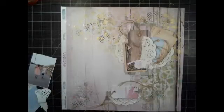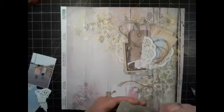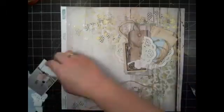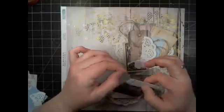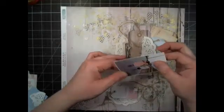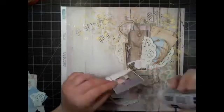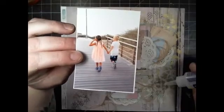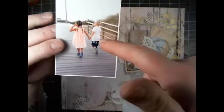Like that. And I think it's time now to add our photo. And then I need some more chipboard, adding a chipboard piece on the back side of my photo. This is a photo I took last year. I took it at the same time as I took the photo in my other layout. We were in Cyprus at my friend's wedding. And these two little ones kept holding their hands, and they were so cute. So I just had to snap a photo. So it's my son, the little one,